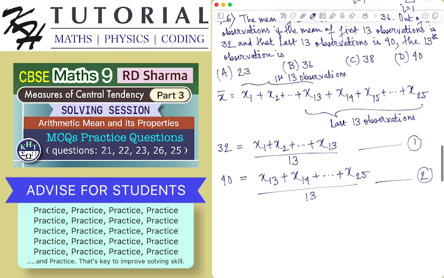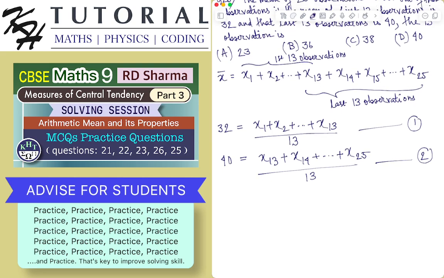Now please note that if I add equations 1 and 2, when you add two equations, you just add the left hand side and equate that to the sum of the right hand side. So adding 1 and 2, I get 32 plus 40. I am adding the left hand sides. 32 plus 40 is equal to